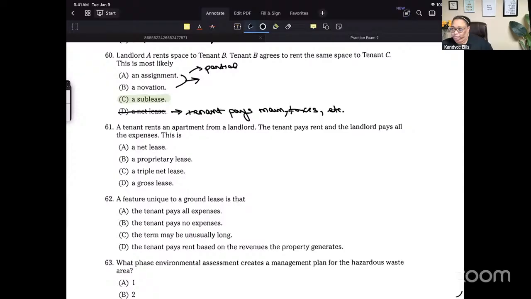And a sublease, that's more like the original tenant is becoming a mini landlord. They're still on the hook with the actual landlord, but they're renting out the place to someone else under them. So the original tenant is still kind of in charge and still responsible for the lease, but they've got a subtenant in place. So in a nutshell, assignment is the handoff with the original tenant kind of lingering in the background. Novation is a full replacement of tenants, and a sublease is like the original tenant becoming a middle manager.